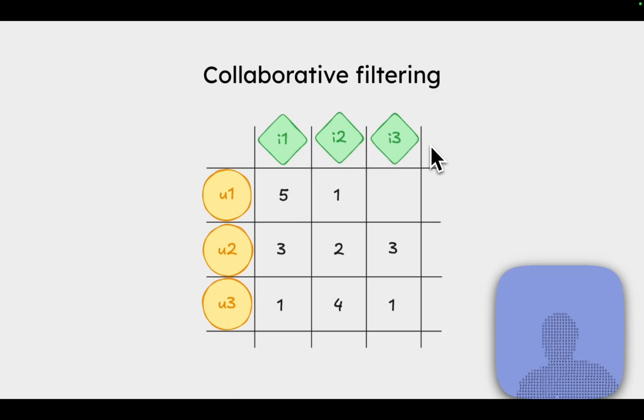Items can be videos, or books from Apple Books, or audiobooks from Audible, or even an item to buy on Amazon. It can be anything really, an item. And this user-item interaction matrix holds data on how much each user interacted with each item. This can be different things, like views, or a rating from 1 to 5, for example,